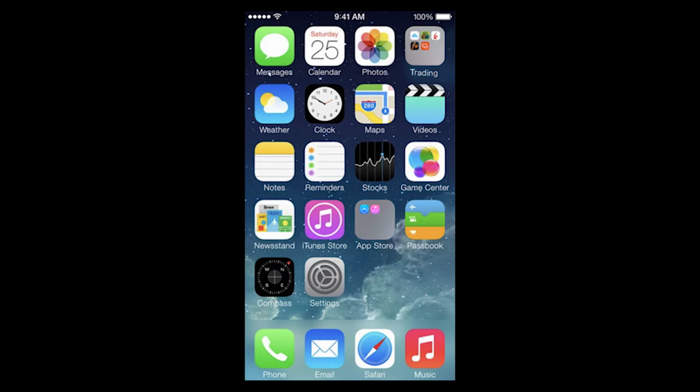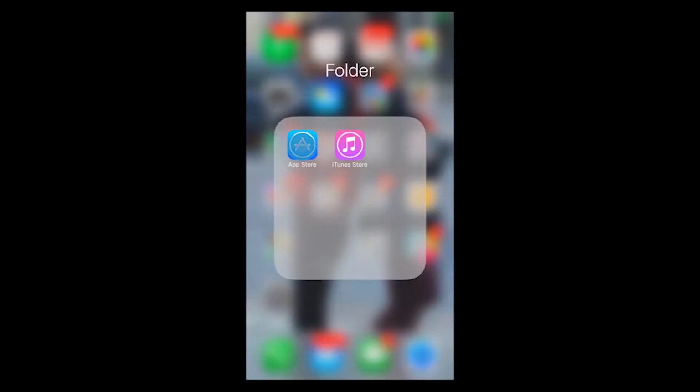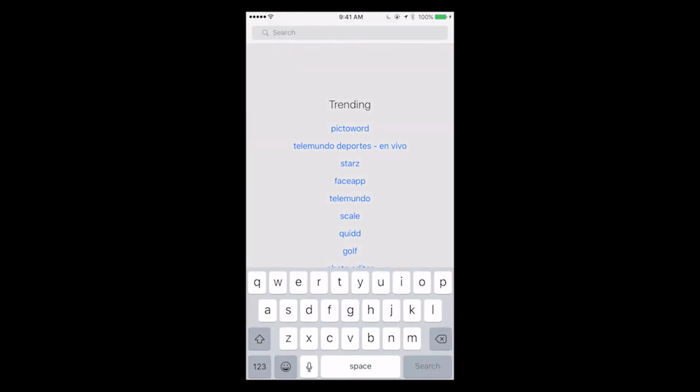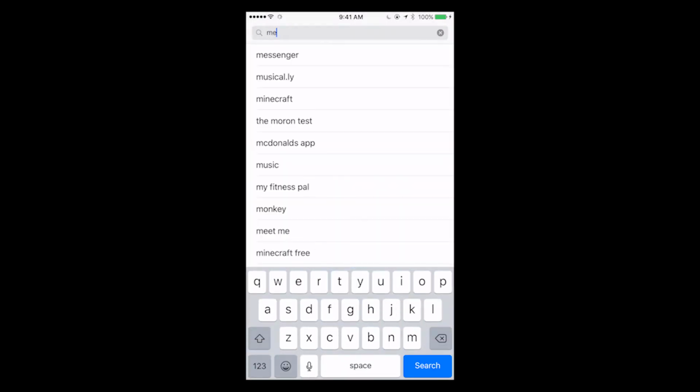By the way, the process for an Android is very similar, but since I have an iPhone, we're going to use the iPhone to give you a demonstration. First and foremost, obviously we go into our App Store and we simply look for MetaTrader 4. It's very important you download the correct one. We're going to look for MetaTrader 4 over here, one word,